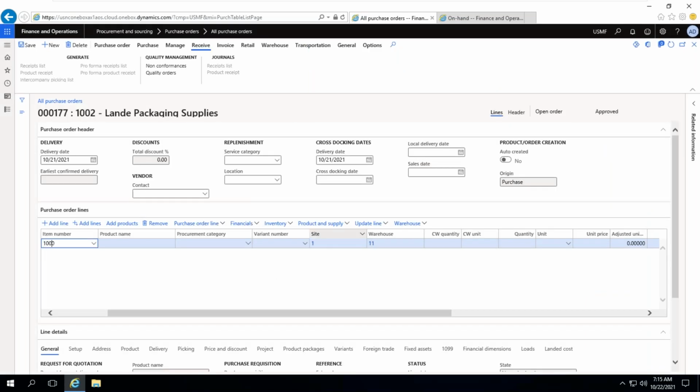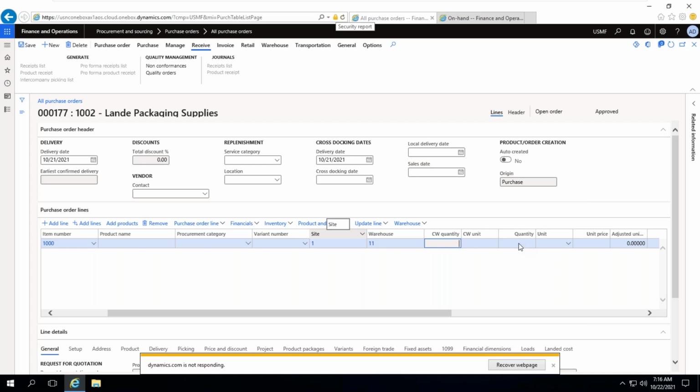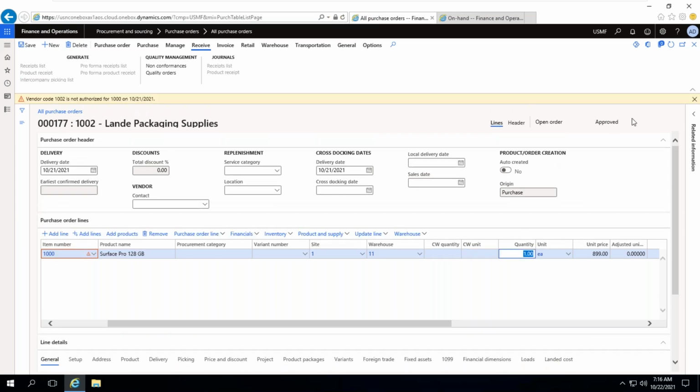Now I'm selecting the same item 1000. Take the example, suppose 15 quantity. Okay, here vendor 1002 is not authorized for 1000.